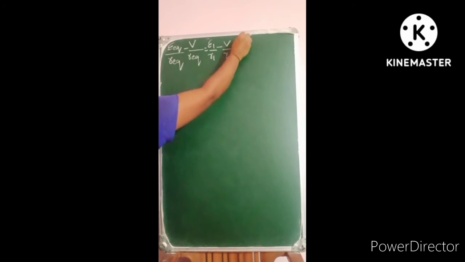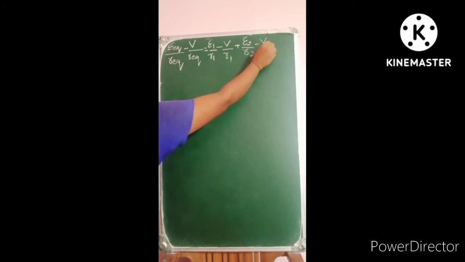On rearranging the terms, E equivalent divided by R equivalent minus V divided by R equivalent equals E1 by R1 minus V divided by R1 plus E2 divided by R2 minus V divided by R2, right? Rearranging again, we get E equivalent divided by R equivalent